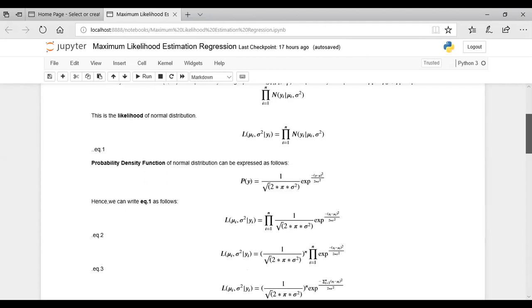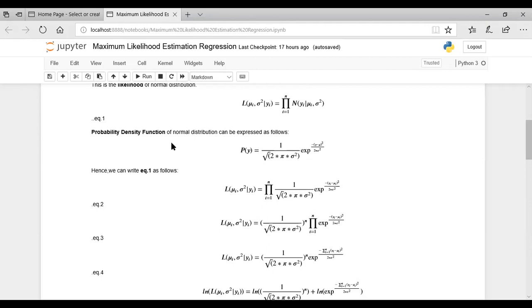And finally, what we need to find out is the PDF, the probability density function. If you can recall the previous class, the probability density function is for the continuous variable, and the probability mass function is for the discrete variable. When we are considering a continuous random variable, the probability density function is P of y equal to 1 upon square root of 2 pi sigma square, e to the power